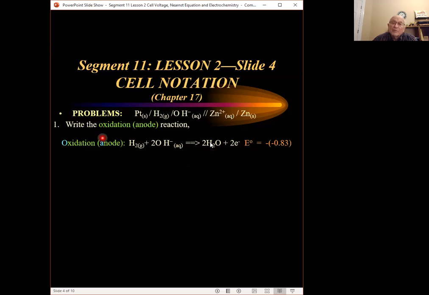Now, the E0 for this cell from the book, this is oxidation, so it's negative of the value that's shown in the book. Remember, the book shows reduction potentials. So if you look this one up, you get negative 0.83. But this is now an oxidative cell, so I need to change the sign of the reduction potential. So this cell then is going to be a positive